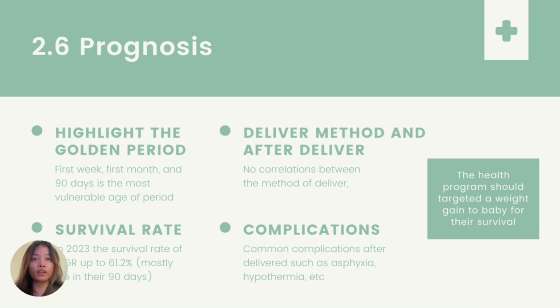Preterm birth has more complications with a high mortality rate when it occurs. Even though low birth weight is what determines the level of safety, in fact, it's still hard to diagnose. The mortality of children born with IUGR reaches up to 61.2%, dominantly in their first 90 days, since it's their vulnerable age period,